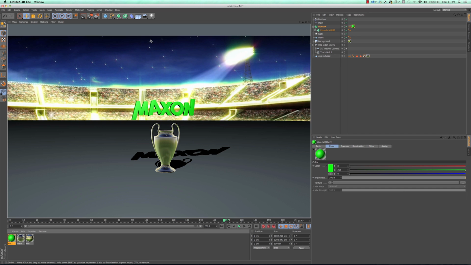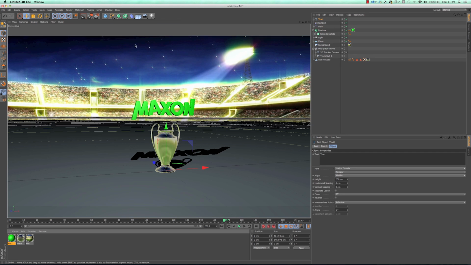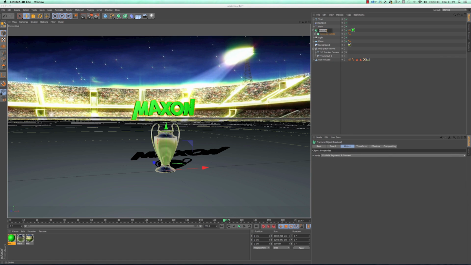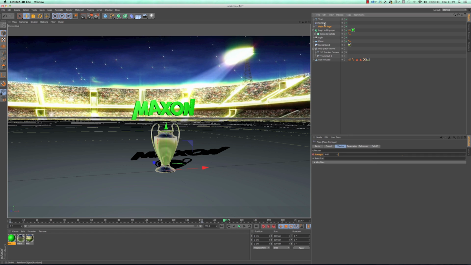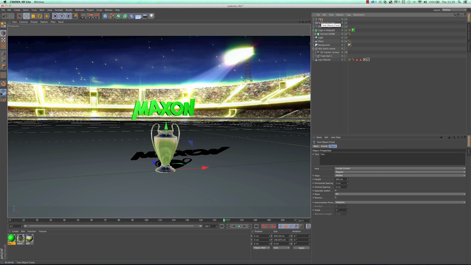Now the other thing that is popular while we're here is you can also work with ordinary text or ordinary paths that you draw yourself inside Cinema 4D. So you see, dragging on here, you have access to all of these preset shapes, or you can draw your own ones. But a really useful one is the text tool. So we just release and create that there. And just to make things a bit clearer, I'm going to rename that fracture, and I'm going to say that's logo in MoGraph, just so I know what's going on. And we'll rename that plane to plane for logo, and we'll rename that random to random for logo, just so we know what's going on when we come to the text.